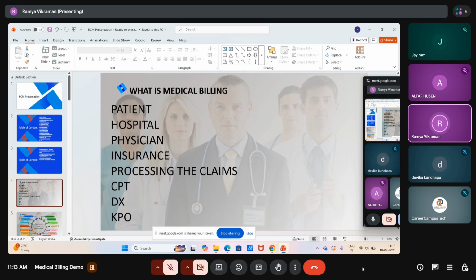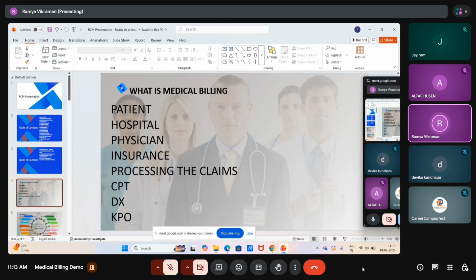For example, if a patient met the doctor for fever, but the provider has not performed any service in regards to the fever, and the doctor has given only the prescription for the cold, so the fever service was not observed. Then the insurance will not pay for that particular service; it will be rejected, it will be denied.